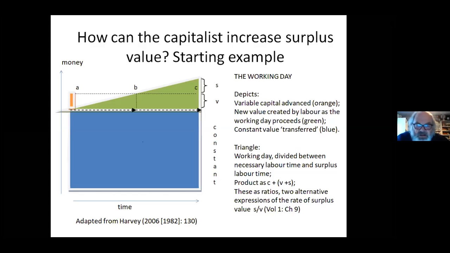I want to take a slight detour and just, as a reminder, talk about the dimensional relationship between money and time in the formation of value. So this diagram is a revival of what we've seen before. The line ABC, which Marx uses directly, is labour time. So AB is necessary labour time, BC is surplus labour time. And what Marx argues is that this becomes a value relation of the commodity, which in turn can be subdivided into surplus value